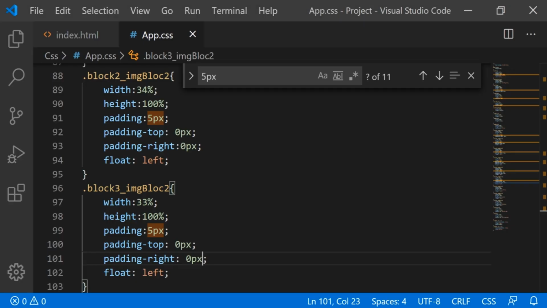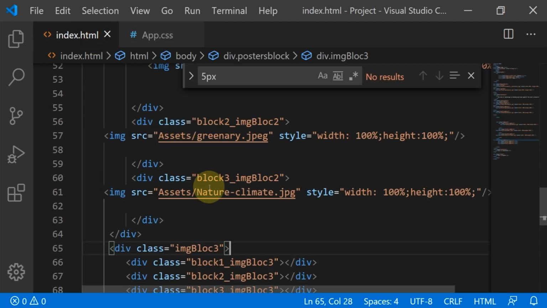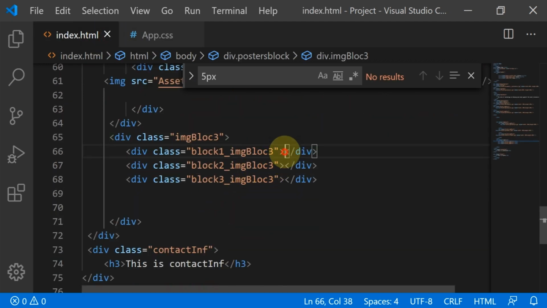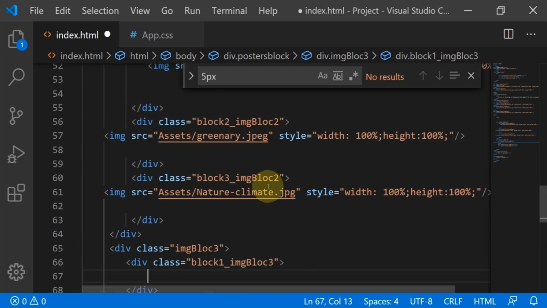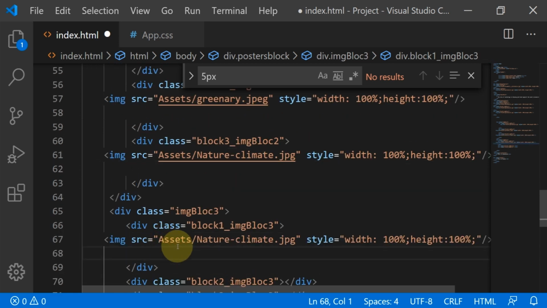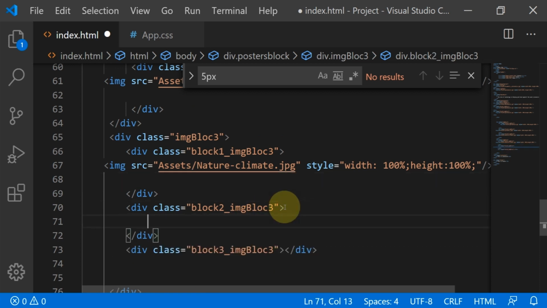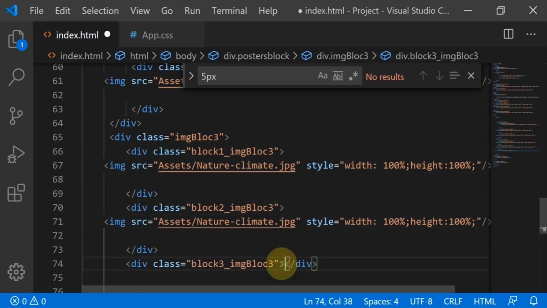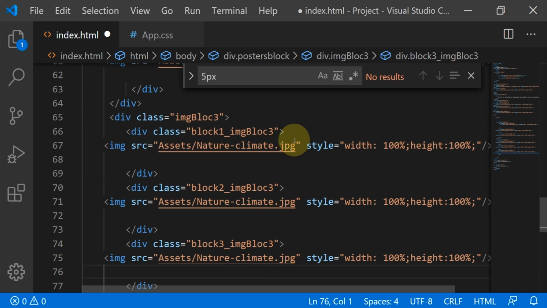So same thing in HTML, same image, fine. We have to change the paths.